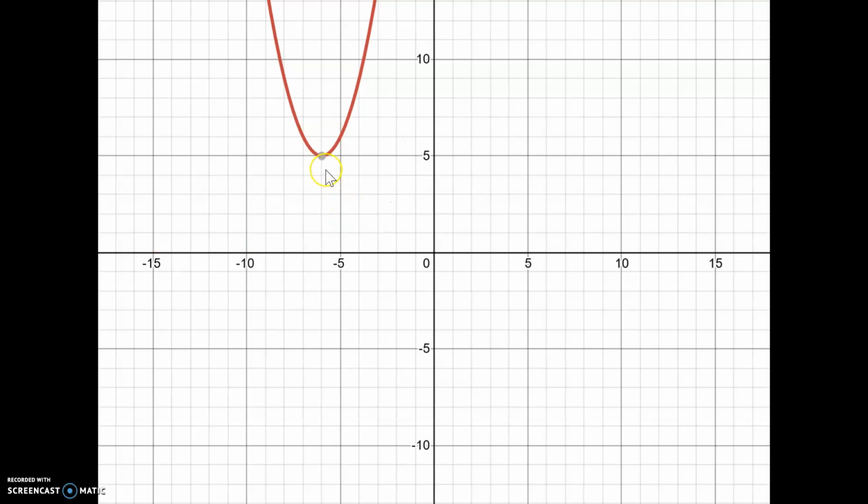You can see in the red here, once again, we have our parabola. This time it is not starting at the origin, as you can see. This time we're up the y-axis 5 units, but we're also shifted to the left 5 units. Or 6 units, I'm sorry. So if you were to see this equation, which will probably be a lot of what you'll see tomorrow on your assignment,